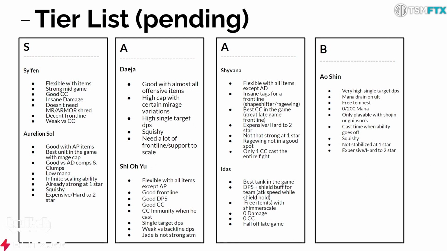So in S tier, we have Sy'fen. If you guys have been playing PvE the past couple days, you know this champion: stabilized at 1-star, flexible with items, strong mid game, good CC, insane damage, doesn't need armor shred, so you basically have a free item slot. And he's a decent frontline from drain tanking, which is when he does damage, he heals basically to half health or full, right? And he's only weak versus CC, such as Aurelian Sol's Dazzle effect, which reduces AD,